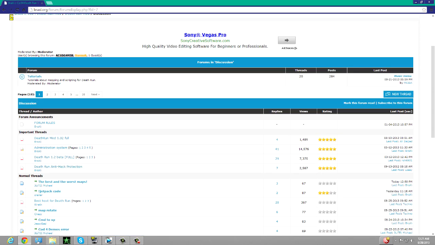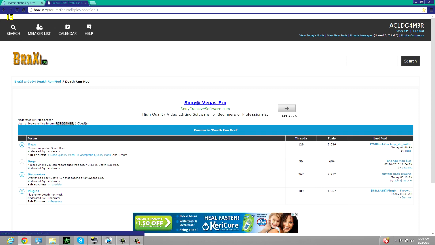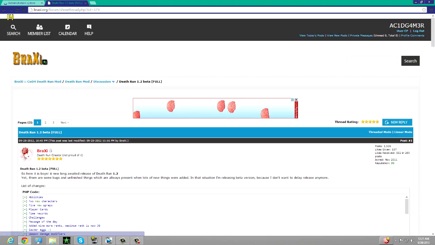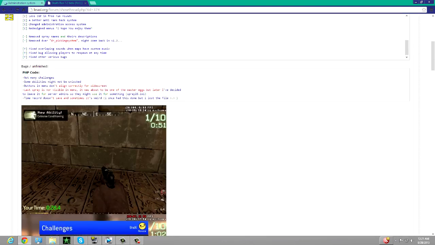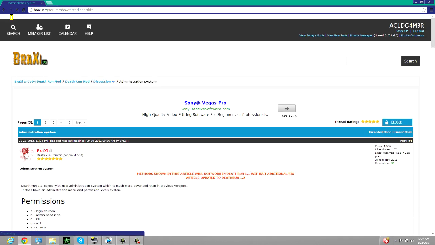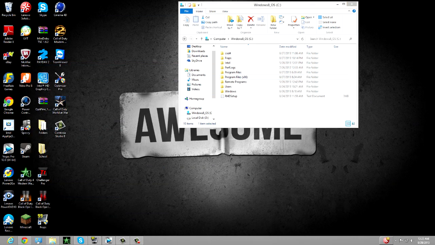We're gonna have administrative system open, and I'm gonna go back into their website, and we're gonna have the deathrun 1.2 beta full open. Okay, so scroll all the way down until you see download mod plus client server, so just download that and you can close this. And you should get a big download,